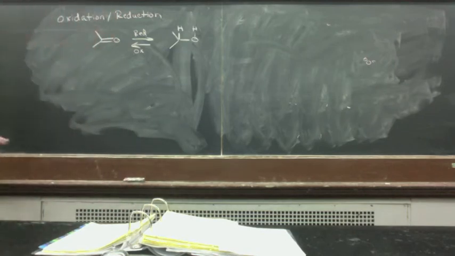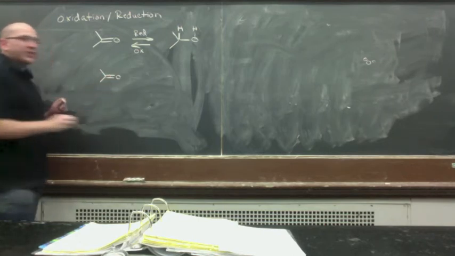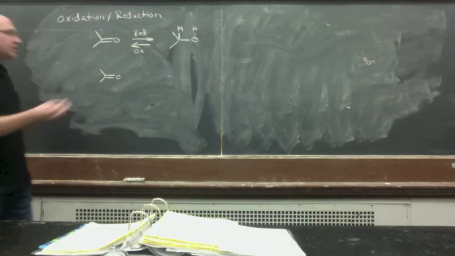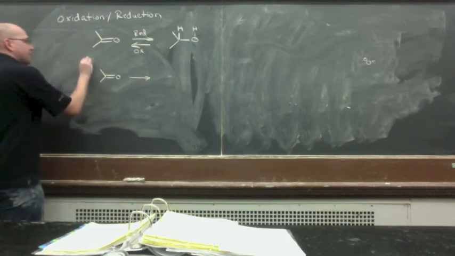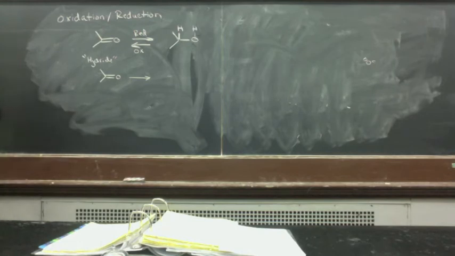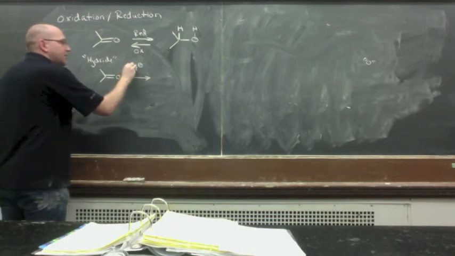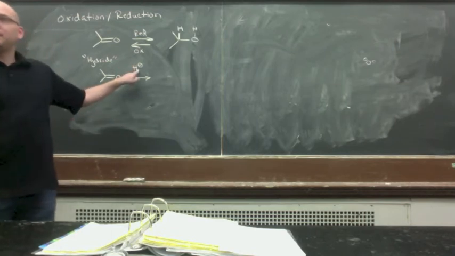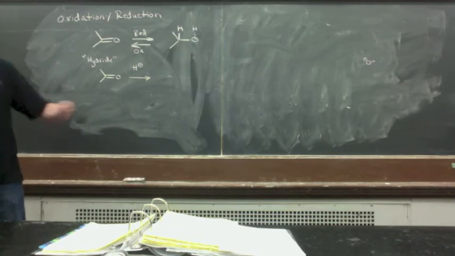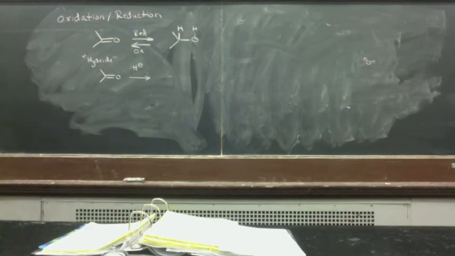The more common way that people do reductions is through a process that might make sense. So I'm just going to show it mechanistically. What we use is hydrides. So you're going to see all these things called blah, blah, blah hydride. Okay, and what a hydride is, is H minus. Okay, so that's a hydride. We'll get into some of the hydrides later on, but it'll be something hydride. Mechanistically, you can rationalize this through what we discussed before, thinking about the hydride being a nucleophile. Okay, so as we just saw before, if this is going to attack,